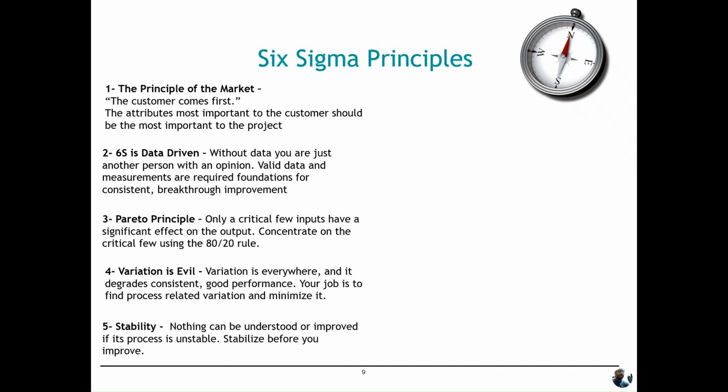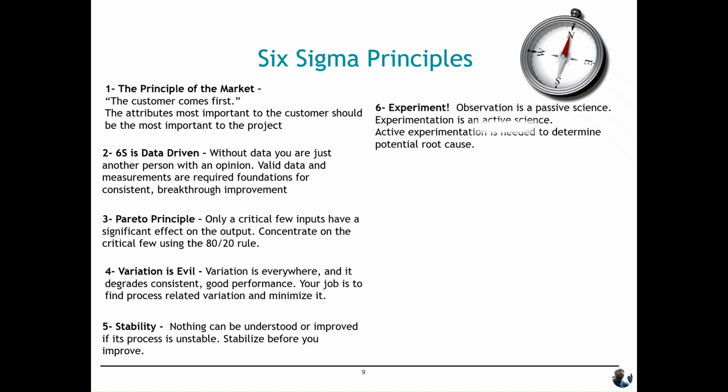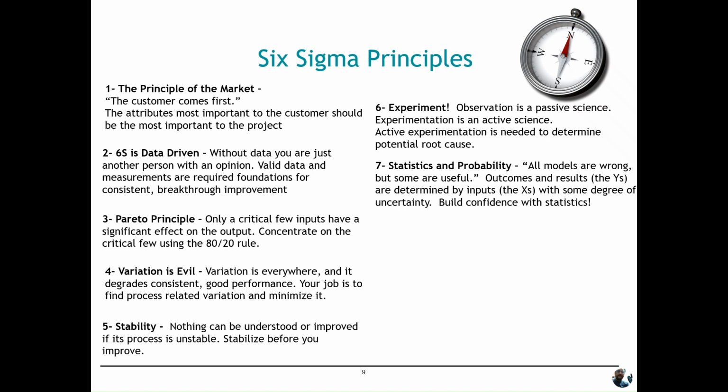Experiment is the key. You try the various solutions during your improve phase through the pilot run, and if they are going fine, then you go ahead and implement that in the production. Statistics and probability: it works on the statistical parameter. The core of the Six Sigma is hypothesis testing, through which by data driven approaches we validate our assumptions.